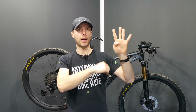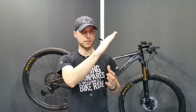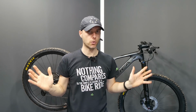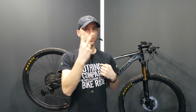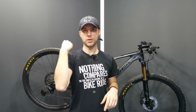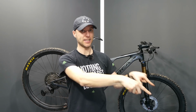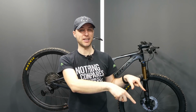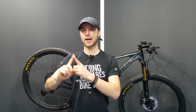4 climbs by 6 laps, that's 24 climbs, or by 7 laps, that's even more. If I lose weight by 2 kilograms compared to the previous year, and if I have the bike which will weigh, I'm going to show you briefly at the end, about 7 kilograms compared to my